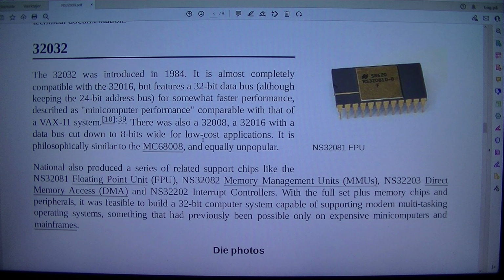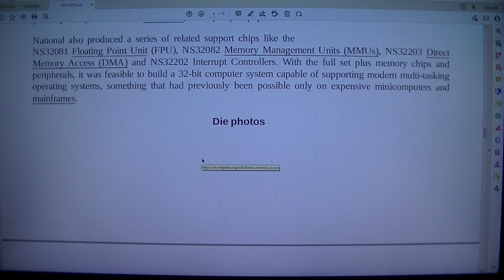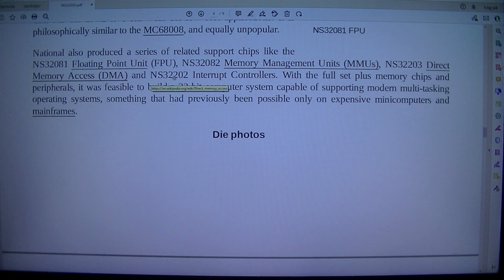There was also a 32008, a 32016 with a data bus cut down to 8 bits wide for low-cost applications. It is philosophically similar to the MC68008, and equally unpopular. National also produced a series of related support chips like the NS32081 Floating Point Unit, FPU,